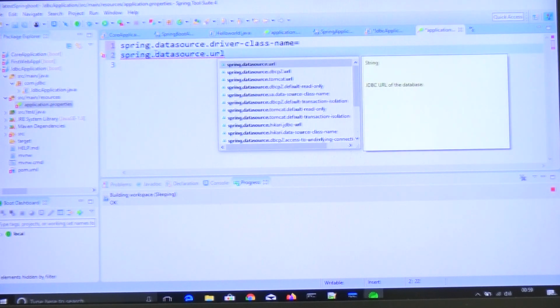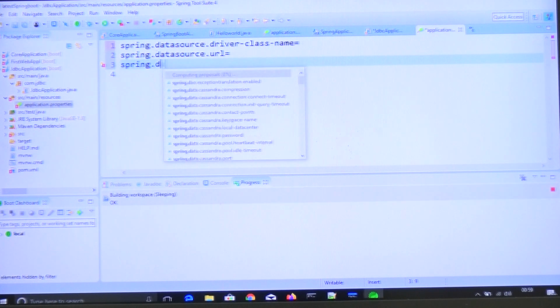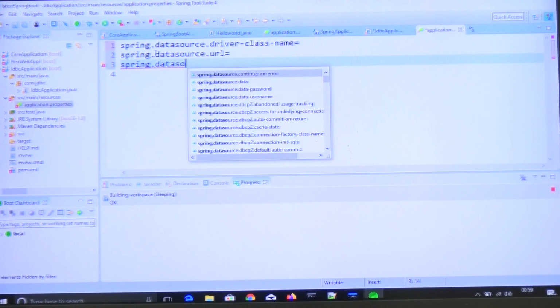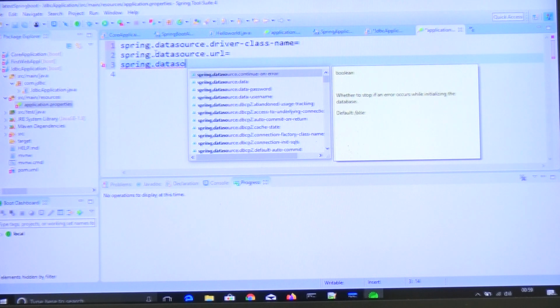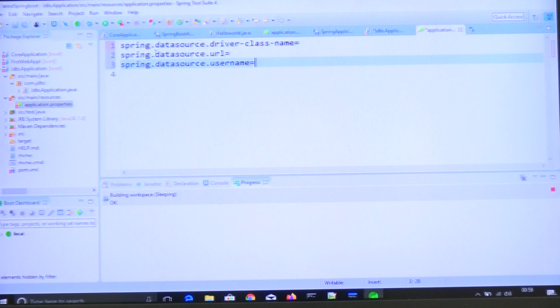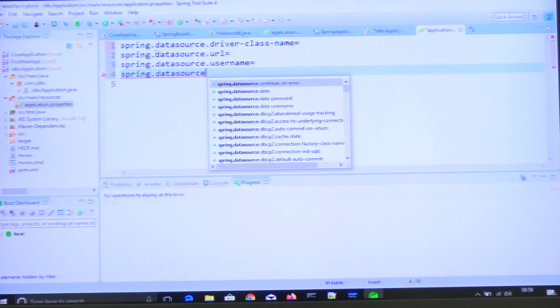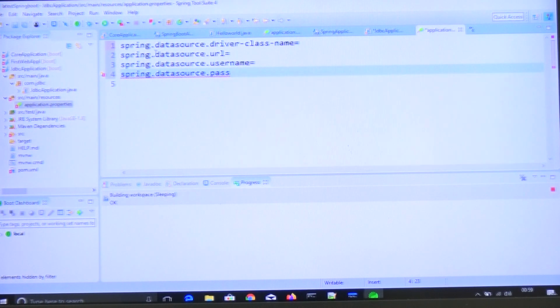URL. This is one more property. I am connecting with the MySQL database. Spring dot data source dot username. Okay, and one more property is nothing but spring dot data source dot password. Okay, so for example, driver class name, how to find out the driver class name is nothing but a